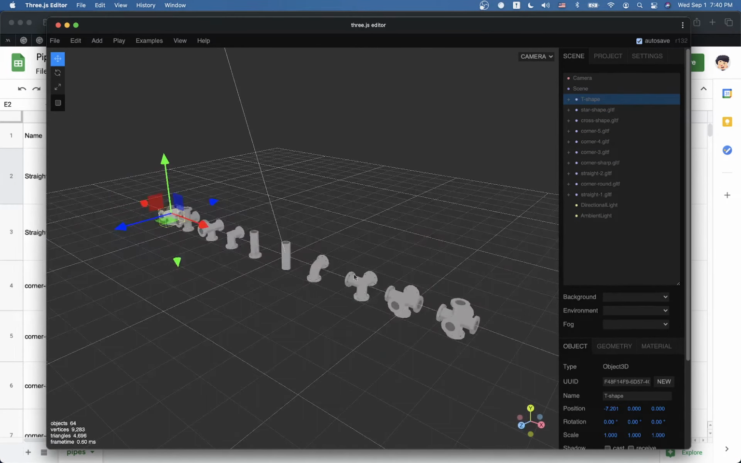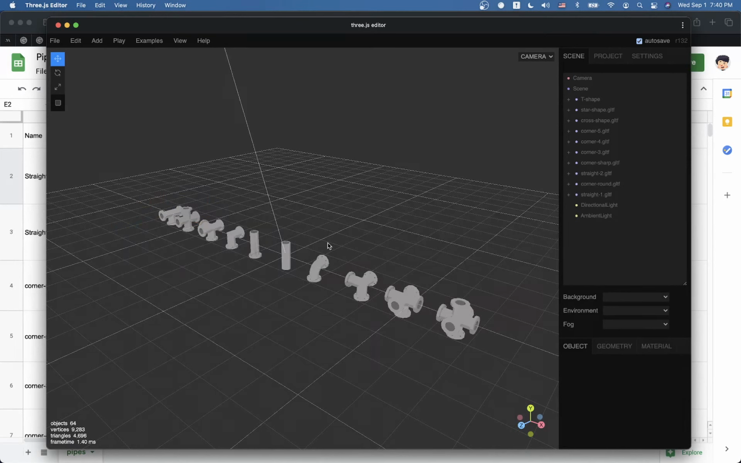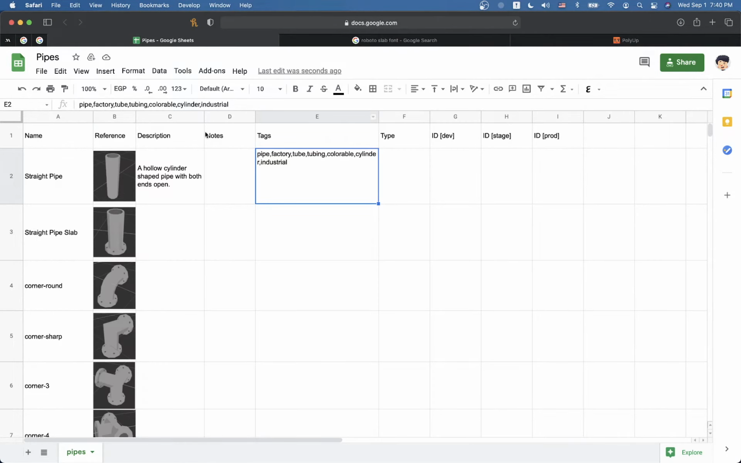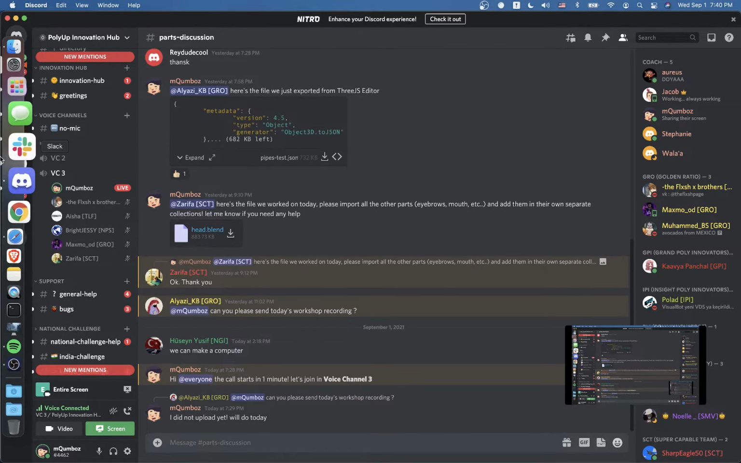We will give this file to the developers, and hopefully we can have the parts ready for testing as soon as possible. The sooner you finish this file, the sooner the parts would be available on Polyar. Okay, so let's move to the next subject,